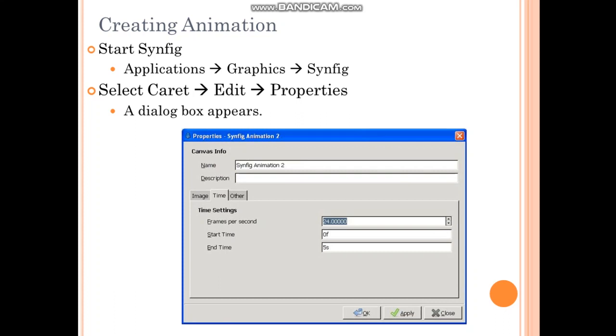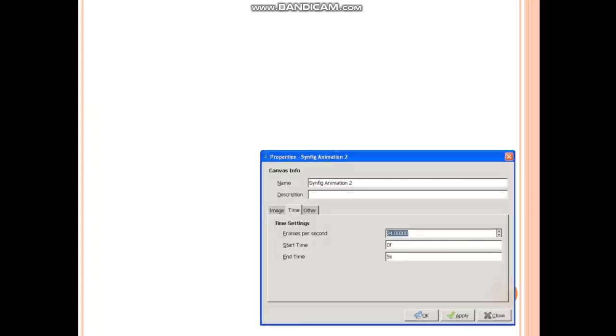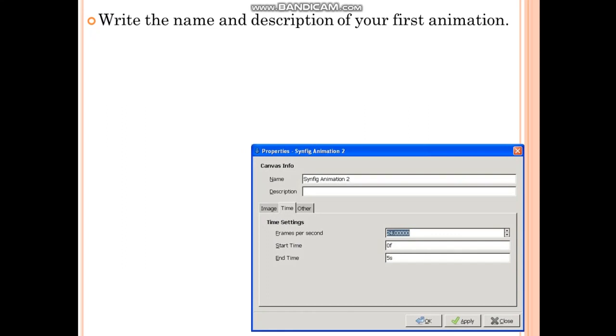In the first part, it shows canvas information. In canvas information, it shows name and description, two things. After the description, another part is there, and in that part 3 tabs are given: image, time and other.